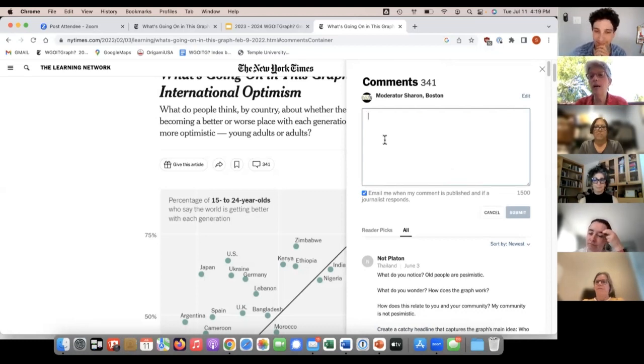You just type in your response. And you can see that I'm already listed as moderator Sharon, but if someone has never responded before, they just put in their name and their location. And then there's this little box below that, if you check this off, the person who puts in the response will get an email that'll give them a link to their response,